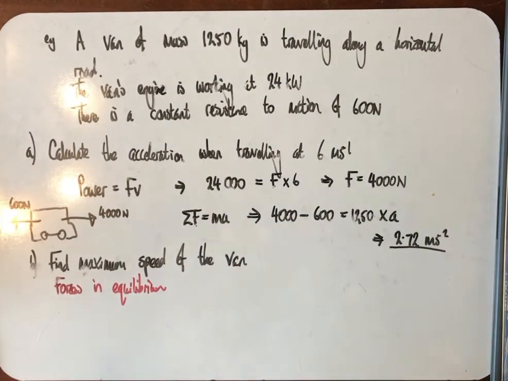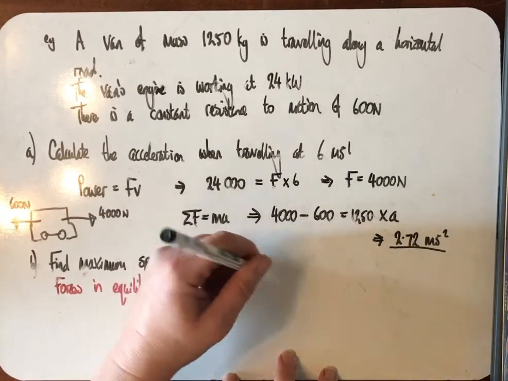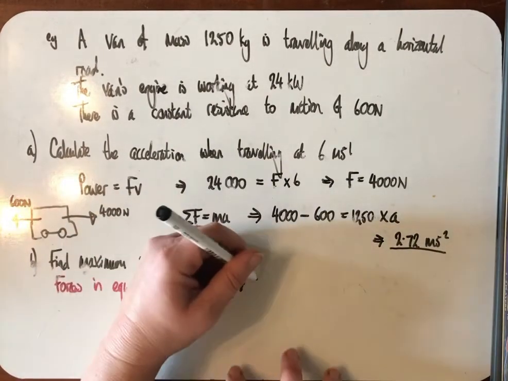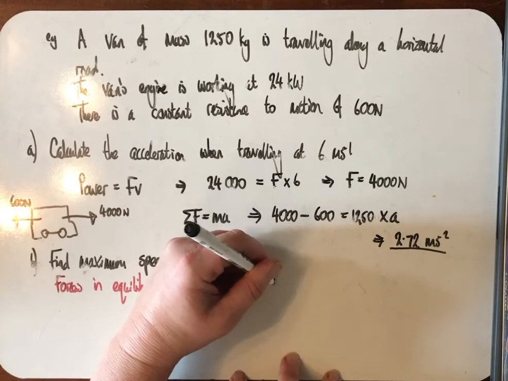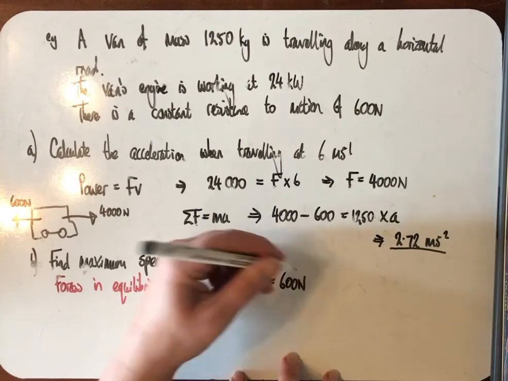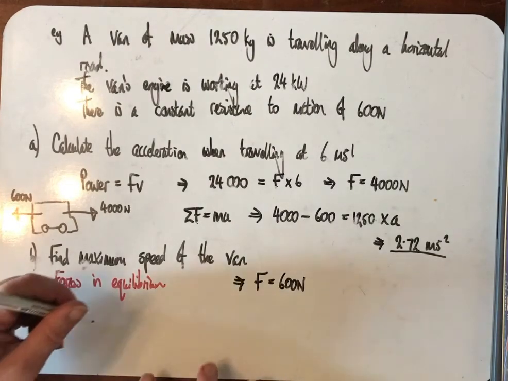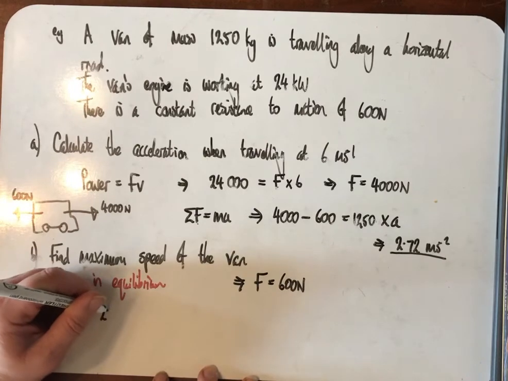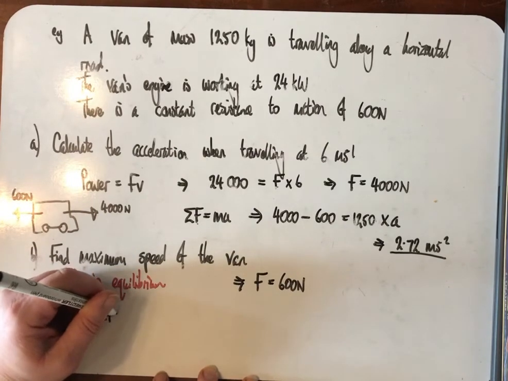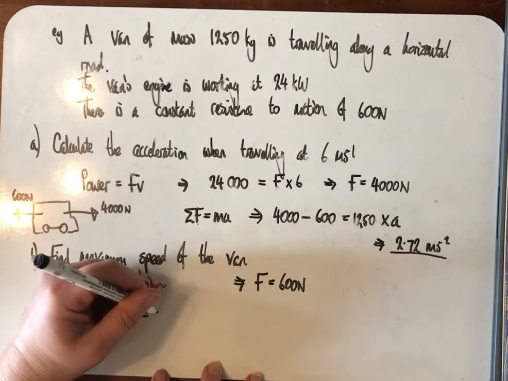And if the forces are in equilibrium, then this driving force, F, is equal to 600 newtons. And so the power, which is 24,000, is equal to 600